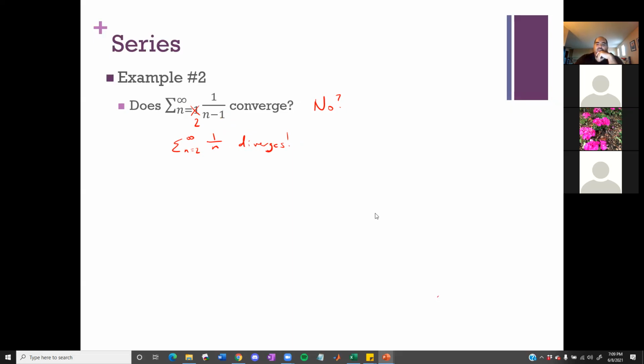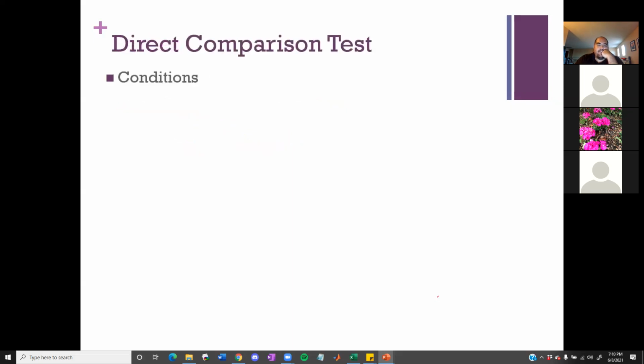So now let's formalize why I'm building up to this. The first test in this section we're talking about is the direct comparison test. So a couple of conditions here. I have 2 different series, and you saw that with the way you walked through those other 2 series. I gave you a series that you don't really know anything about. So if you can bring in some other series that you absolutely know converges or diverges, and I can have some kind of interaction between those two things, that would be valuable.